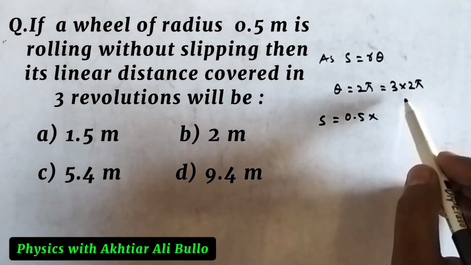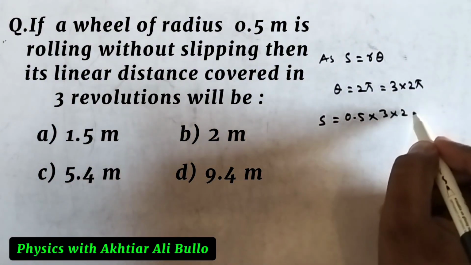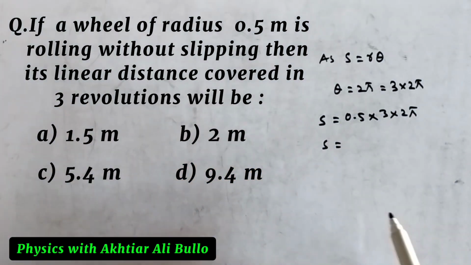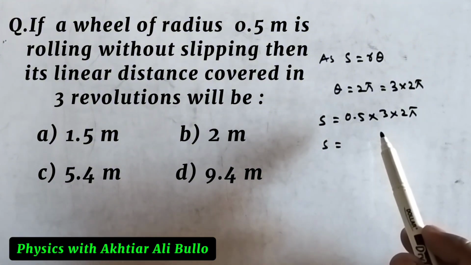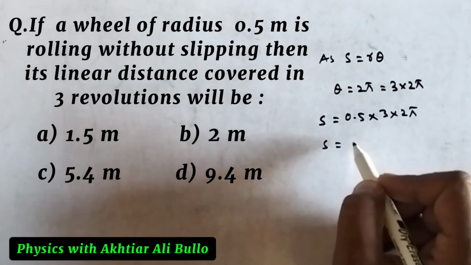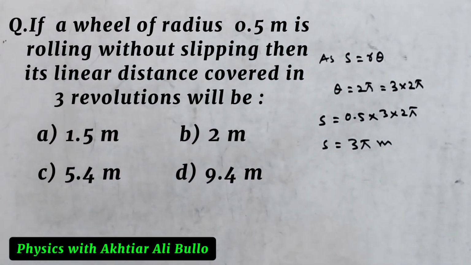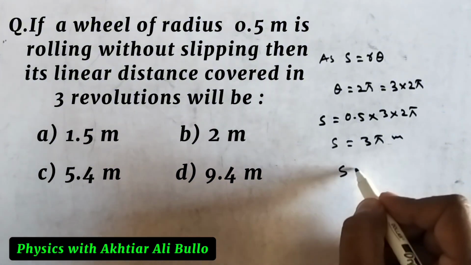So, theta for 3 revolutions is given as 3 into 2 pi. So, linear distance will be obtained as, when we multiply these values, we will get the answer as 3 pi meter. As the value of pi is 3.14, so